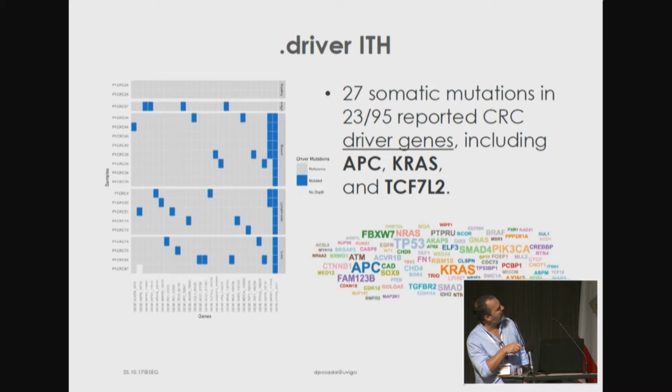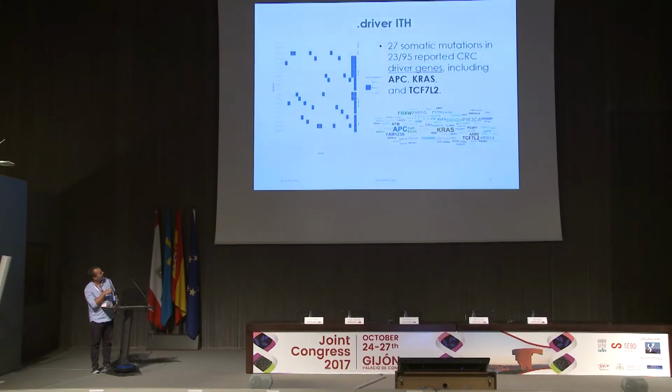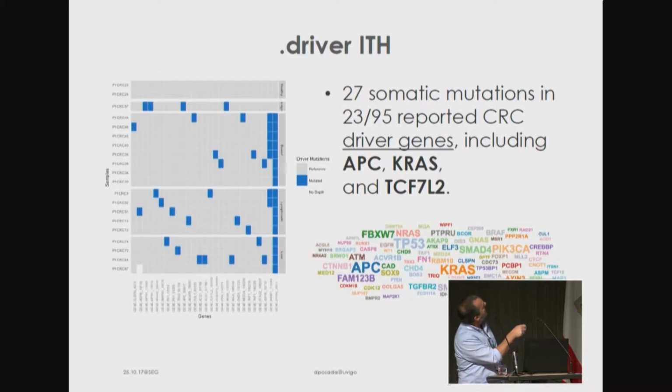APC is one of the first ones, KRAS, then comes P53. And we do find mutations in most of them, but not in all. But most strangely, look at this pattern. We don't need to care about the labels. Basically, this is which mutations we find in each region. In the rows, you have the different geographical regions, and in the columns, you have different mutations. So you can see that this pattern is variable. There are some mutations, only a few, one really, that appears in most locations, okay? The second one appears in 6 locations, but you know, these mutations only appear in 2 regions.